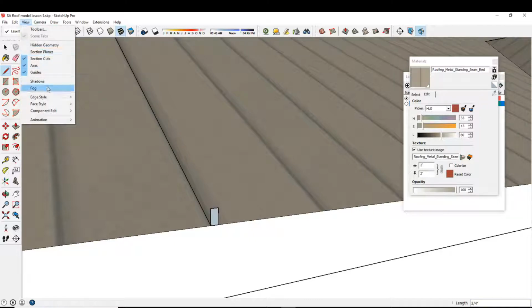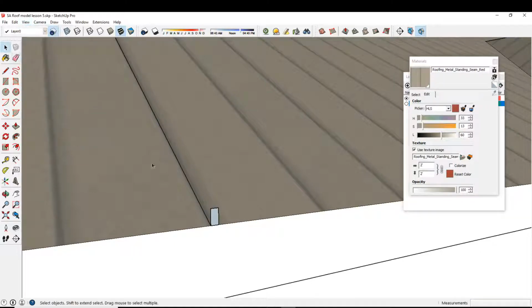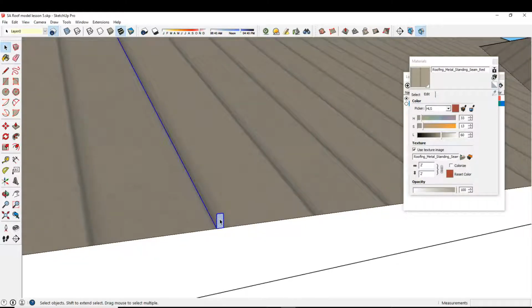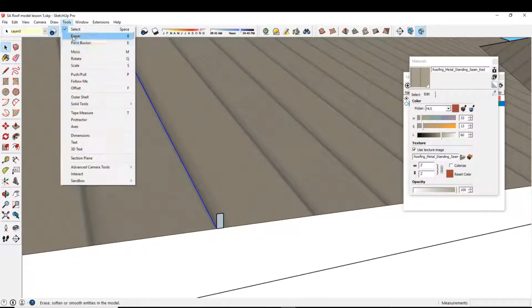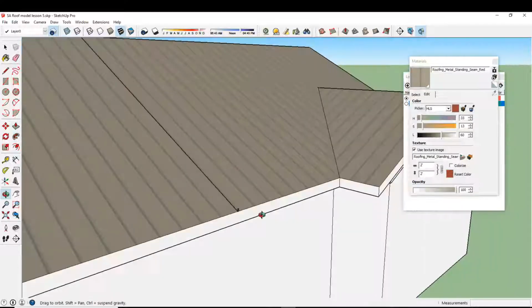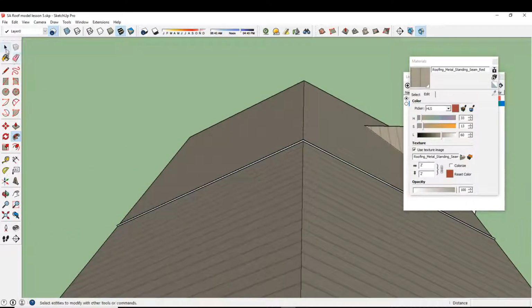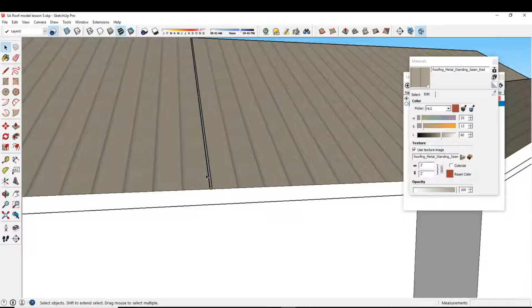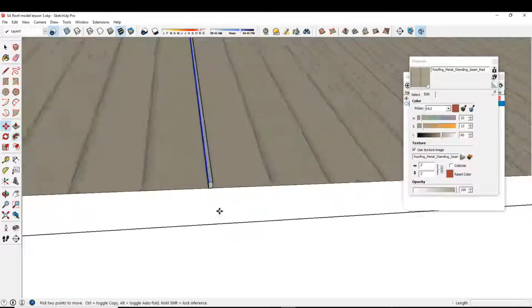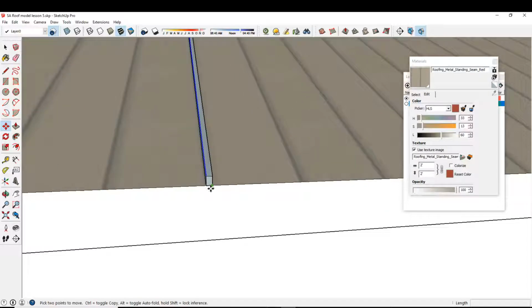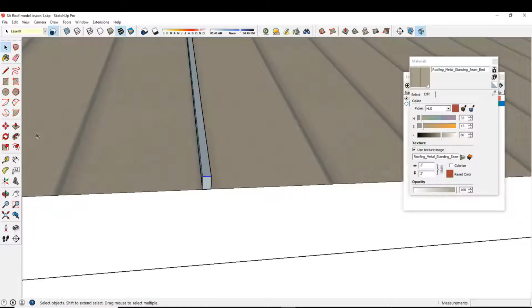So now I would, let's see, we'll use the Follow Me tool. I'm just going to hit Tools, Follow Me. You just click there, and there we go. Now we've created a little roof ridge. So what I can do here is copy this over. Let's say in reality a metal roof would probably be anywhere from